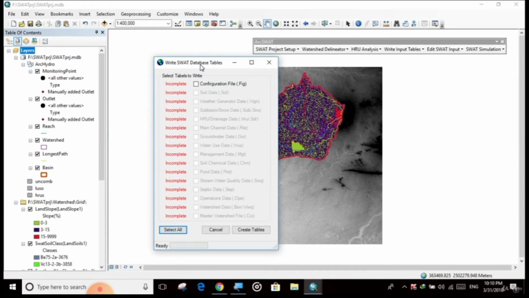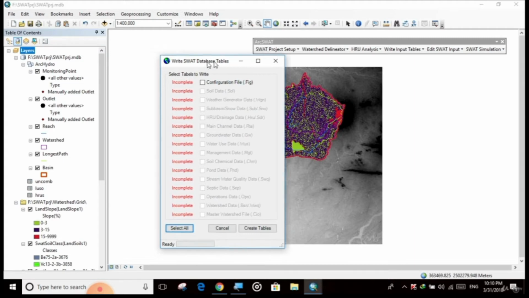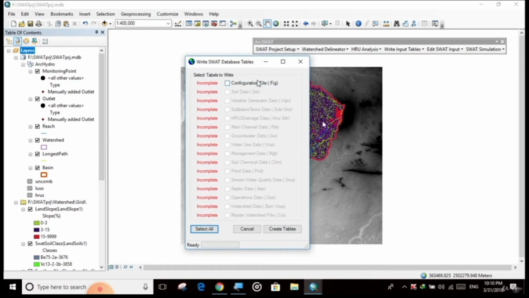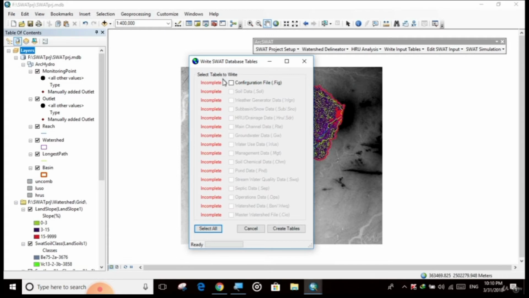In this write SWAT database table, this tool will only work if you have set your date and time format similar to my screen, like 31/30/2018. Otherwise this will not work. So before going to this tool, you must make sure that you have set your time according to the proper format. Otherwise you will get a string error here. Click configuration file and click select all and click on create tables.